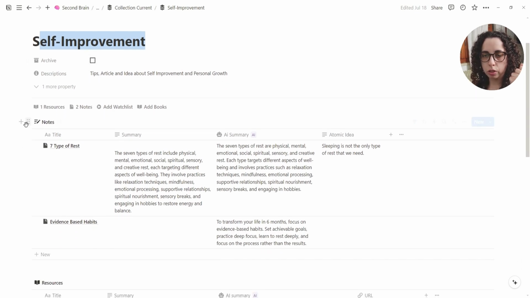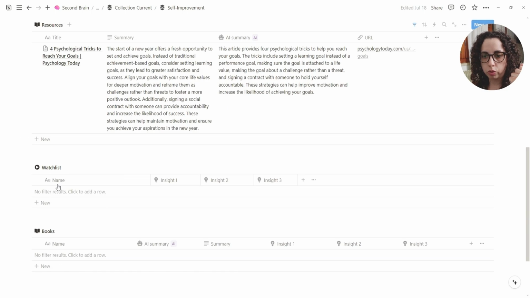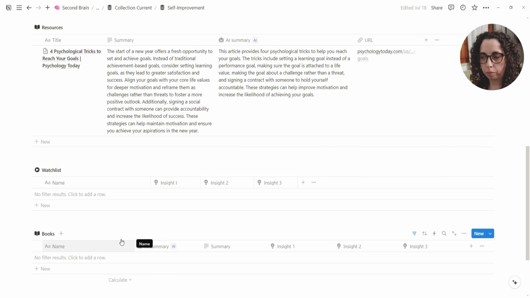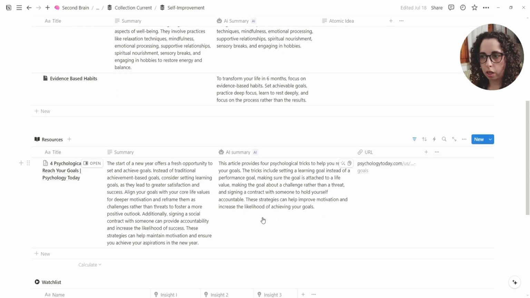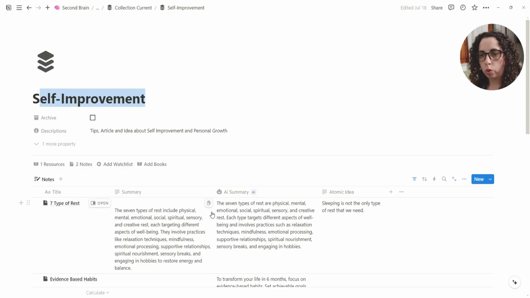And next, you see the detail of the notes. The detail of the resource and watch list and book are empty, so nothing to see there. But you can start seeing that there is something going on with the note system. Like we have summary, we have AI summary, we have atomic ideas, and the same with resource. When you're working to improve your knowledge across, let's say, a topic, like self-improvement,